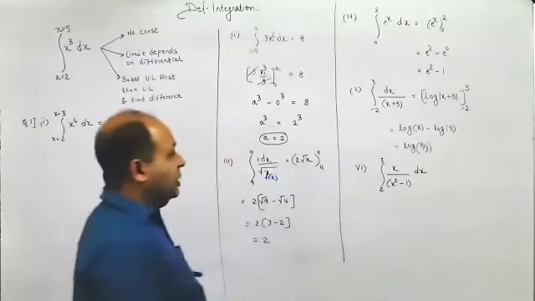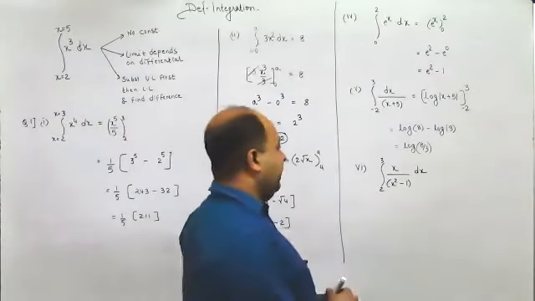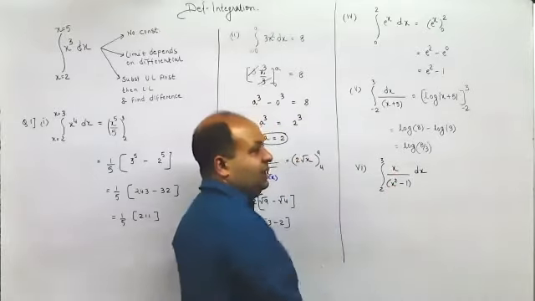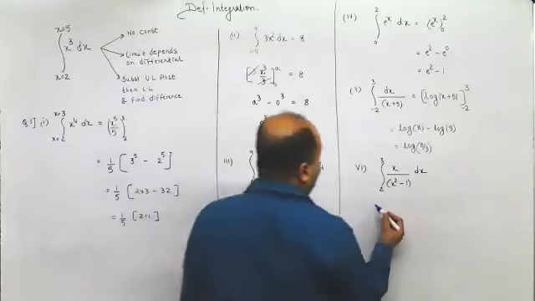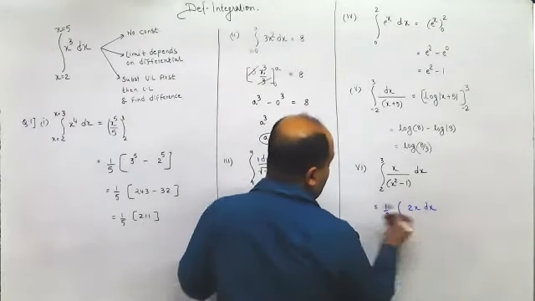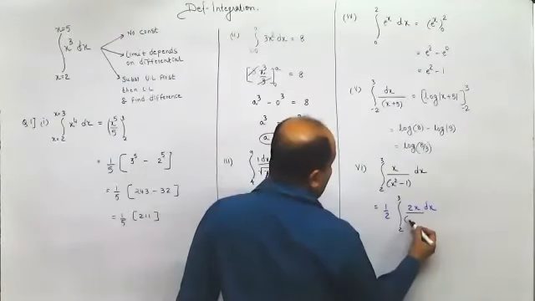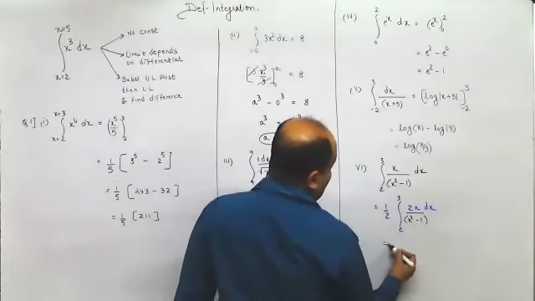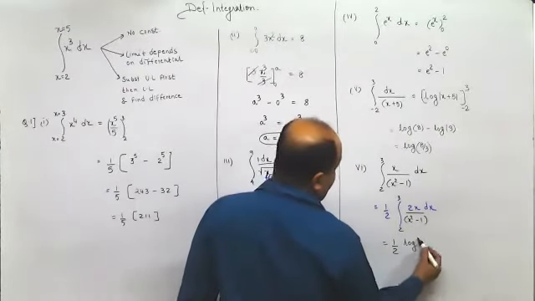Yeah, this is x upon x square minus 1. If you treat this as an indefinite integration problem, if you see this is linear, this is quadratic, I'll try and get the derivative of the denominator in the numerator. For that, I'll multiply and divide with 2. So I would be getting here 2 to 3. This is x square minus 1. Now that would give me 1 upon 2 and then log of denominator plus c.